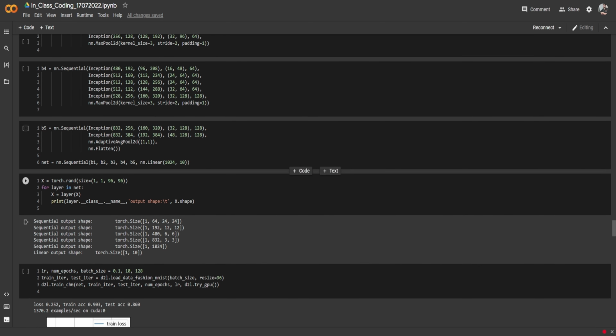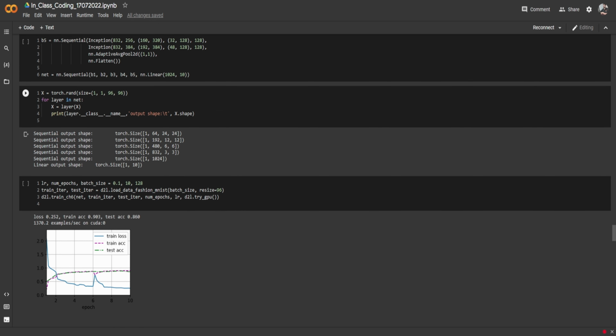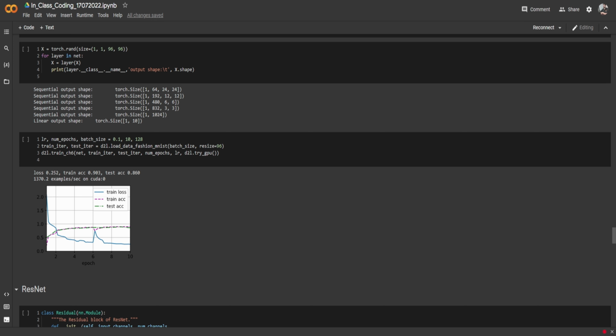Okay, so many layers were there, and then try to plot, try to visualize by calling the same for loop. Whatever layers are there in the network, try to visualize that. Okay, so that shows you the sequential arrangement of the layers. Once that is done, then you go ahead and mention what your learning rate is,